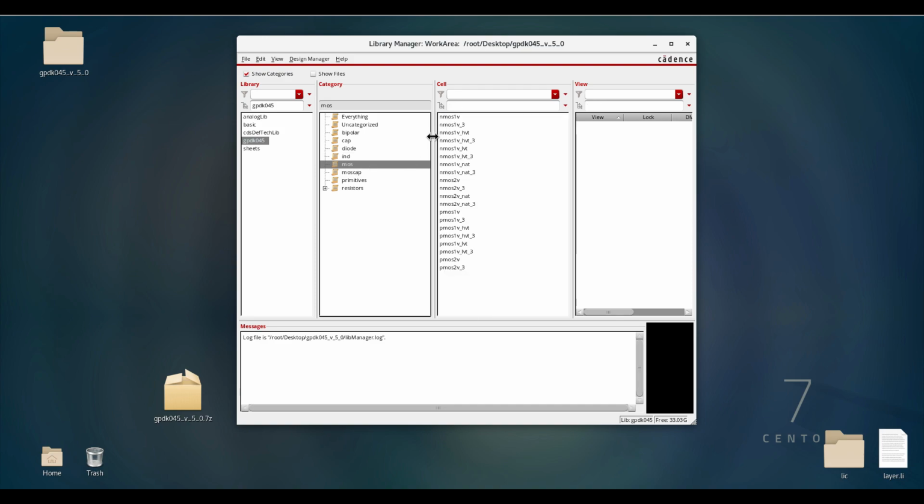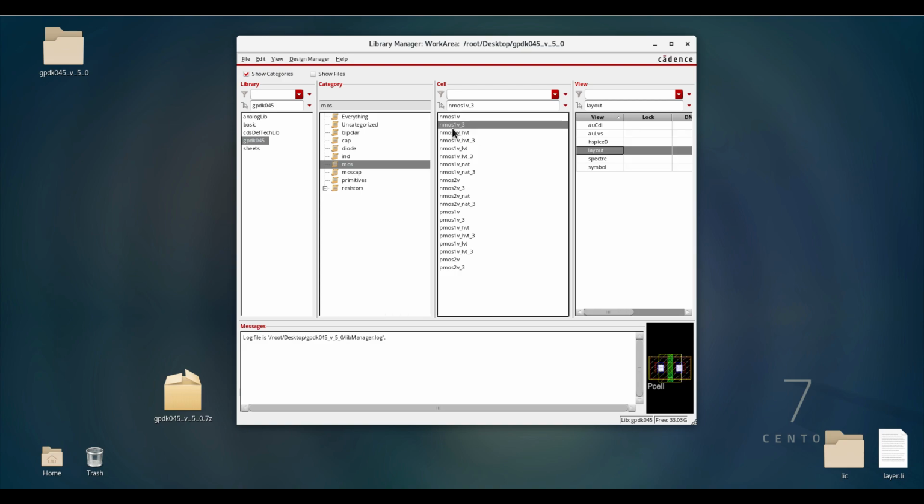Then they have the MOSFET. Here they have NMOS, PMOS, everything. You can see some prefix and suffix for the device. The prefix is NMOSFET and 1V_3. We need to check what this V_3 is, whether it is a 1 volt 3-terminal device or a 1 volt 4-terminal device. Here it is a 3-terminal device, because I can see only the gate, source and drain connections. There is no body connection available here. That's why this is the NMOSFET 1 volt with 3 terminals, so they have given _3.